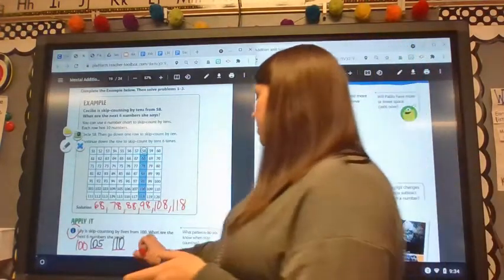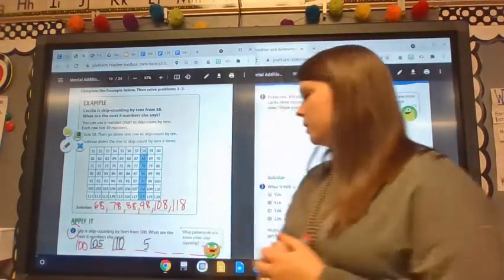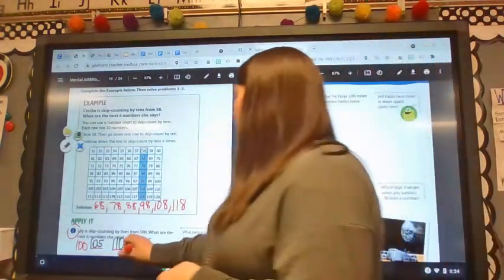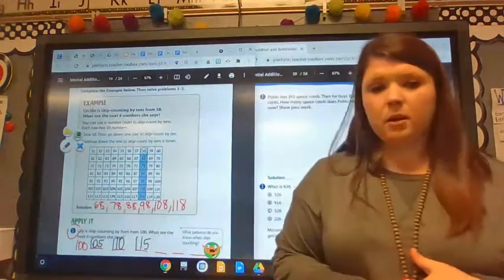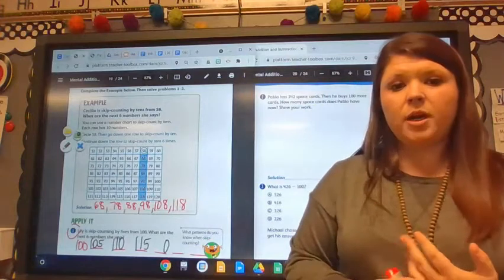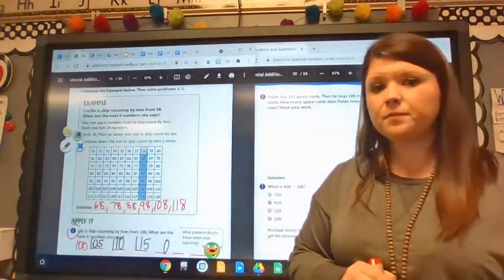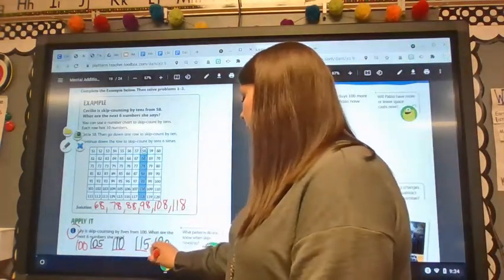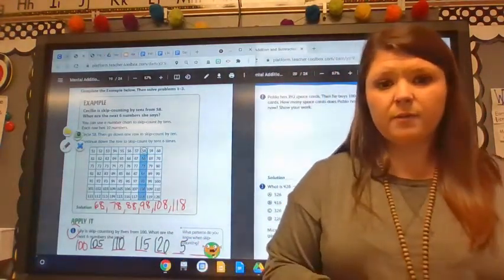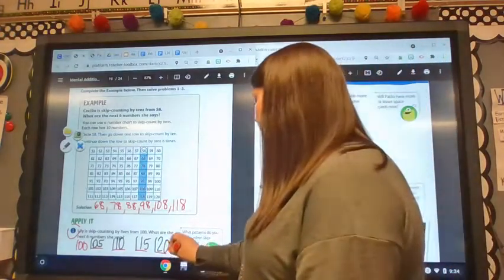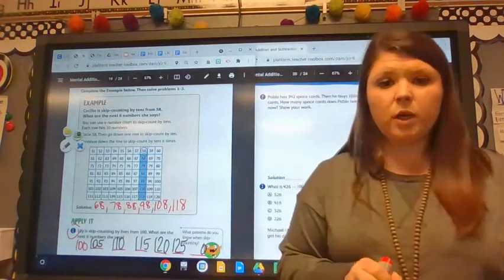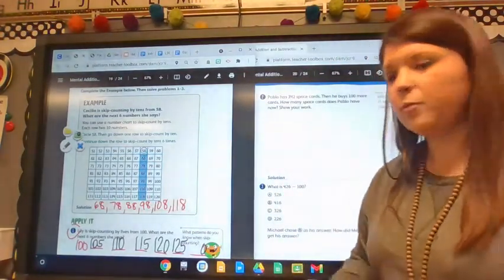All right, our next number is going to end in a 5 because of that pattern. So what's 110 plus 5? 115. All right, now our next number is going to end in a 0 in the ones place. 115 plus 5 is 120. All right, our next number is going to end in a 5. 120 plus 5 is 125. And then our next number is going to end in a 0 in the ones place. 125, 5 more is